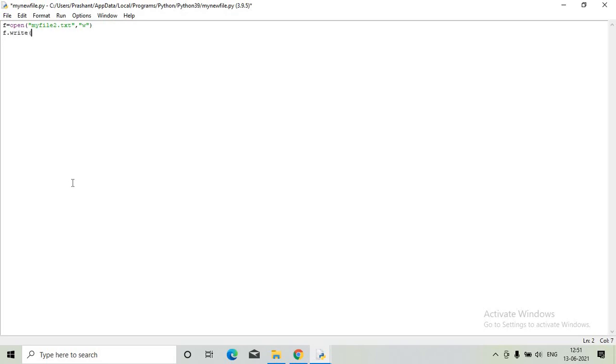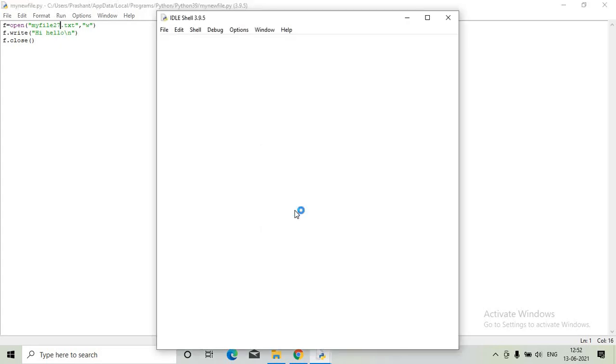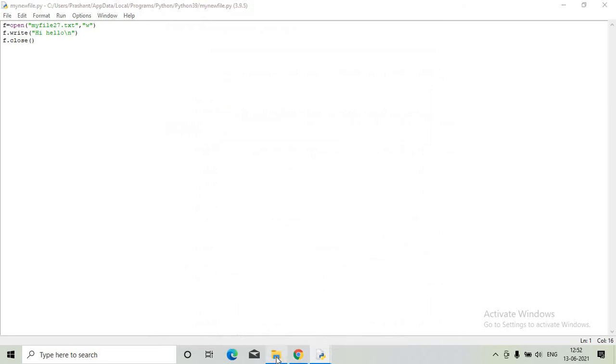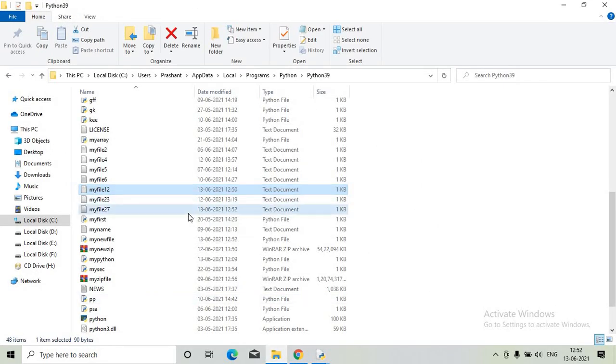f.write. I'll take hi, hello. So these are the contents that we are going to take over here. I'll write this and close this particular file, and I will try some different things. 27, I will take. I'll change the name of the file. If the file is not there, it is created. I'm opening it in the write mode, writing certain contents and closing it. So Python provides an option to write the particular contents into the file. Let us open this file and see whether it is present. Yes, this file is present over here. I'll just open this.